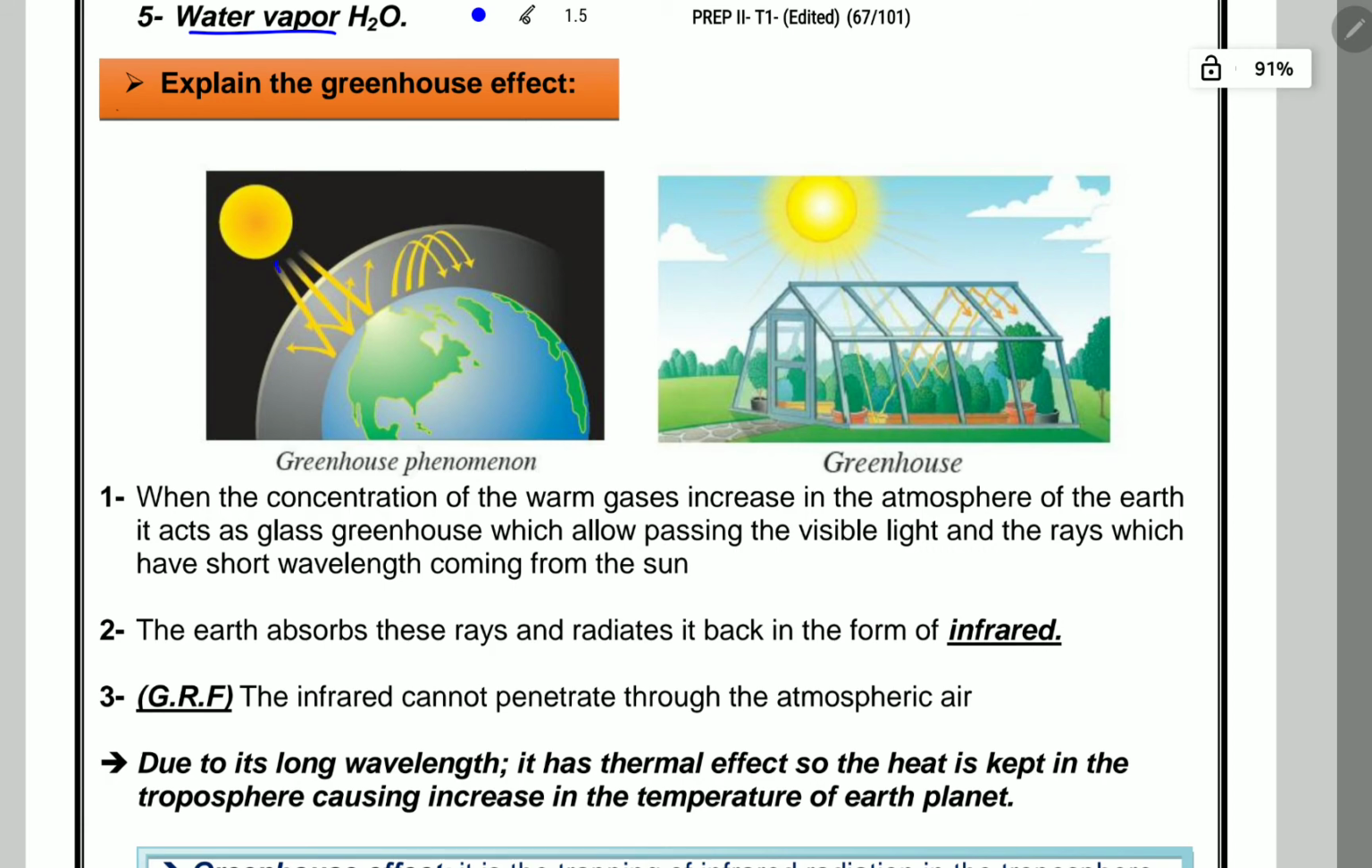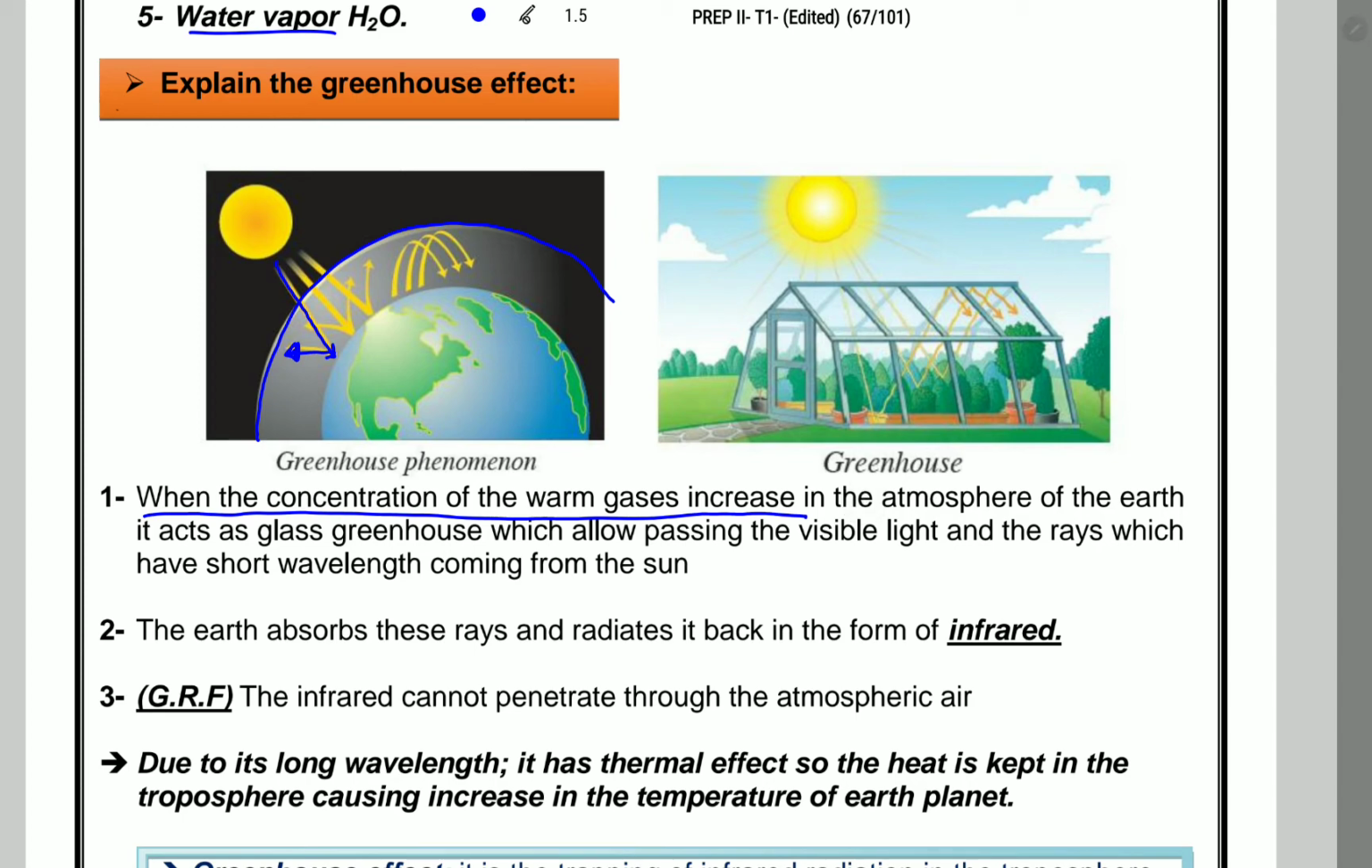The sun rays enter and reflect. When they come back, they cannot go out of the atmosphere, they cannot leak out. They are blocked. So that's why it causes an increase in the temperature. Let's read. When the concentration of the warm gases increases, the warm gases, which are carbon dioxide, methane, nitrous oxide, and so on,